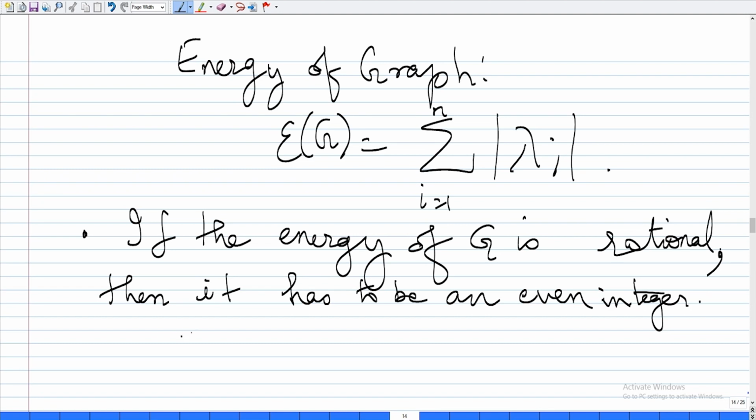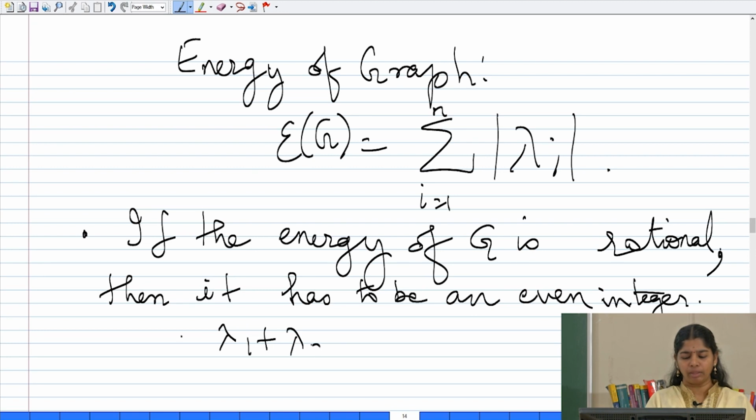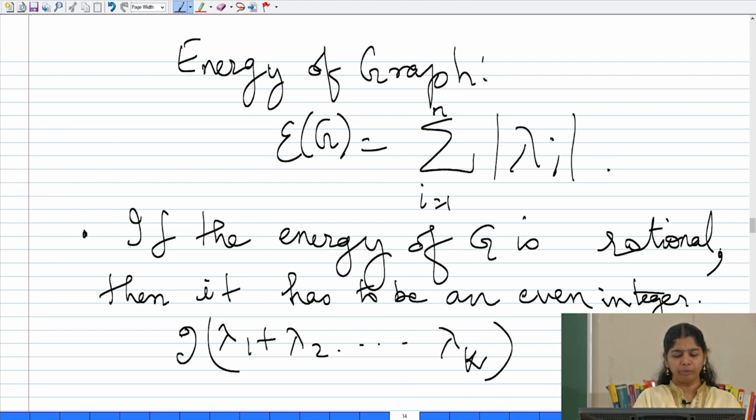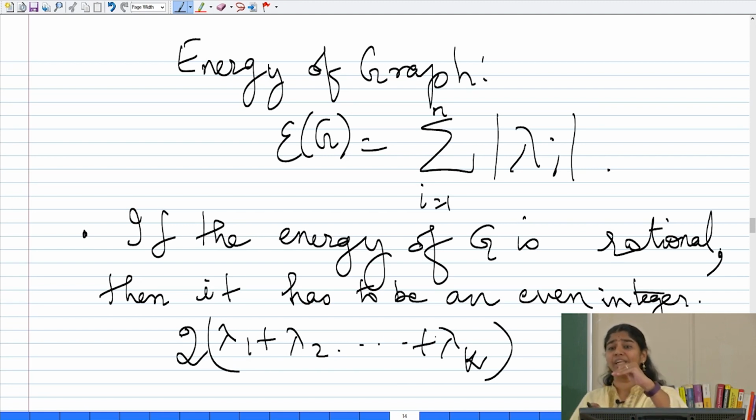If you look at it, obviously we know that if we have lambda 1, lambda 2, lambda n, you just look at the positive entries. Obviously, there is an equal negative entry because the trace has to become 0. So, I can see that if there are k positive eigenvalues, then the sum is going to be 2 times of this, right. This is clear, but why should a rational number jump into an integer? I mean, it can be rational. If energy is rational, means what? We always know the sum of 2 rational numbers has to be rational, right. Obviously, there is no irrational number popping in,